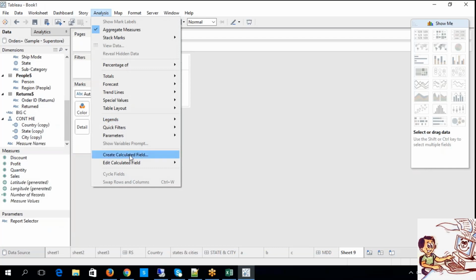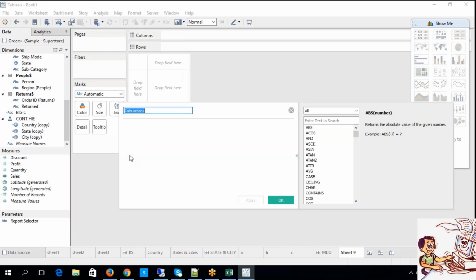I'm trying to create a calculation field called, for example, Ganesh is the calculation field name. Now look at this. Within double quotes, I'm writing something like select report, as per need basis.